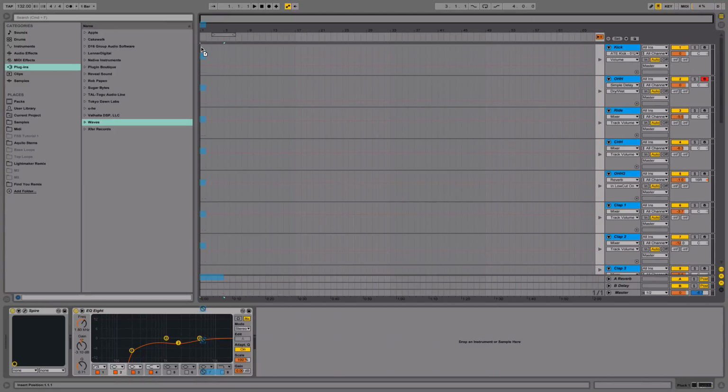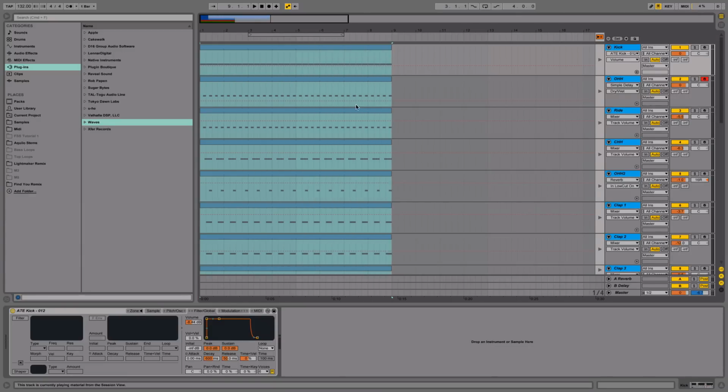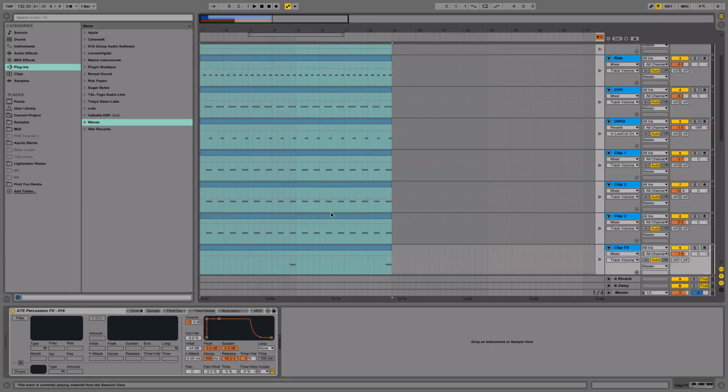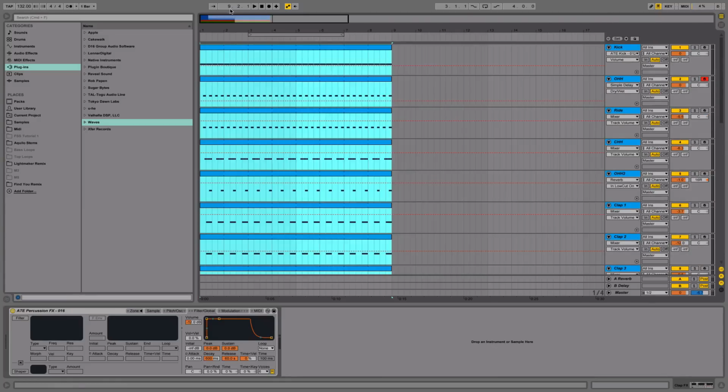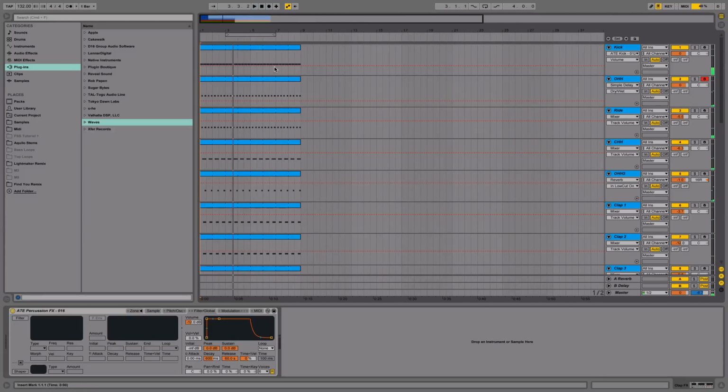So that's what I'm going to do now. Drag this in here, make sure it all lines up. And first things first, I'm going to make sure this is 8 bars, that each clip is the same length. There we go. So now if I play this, we've got that same loop. Basically just going to select all of that